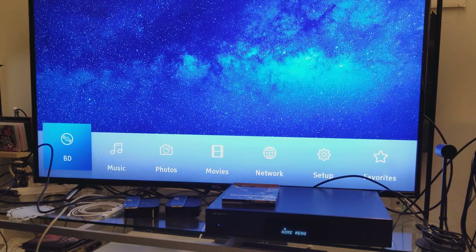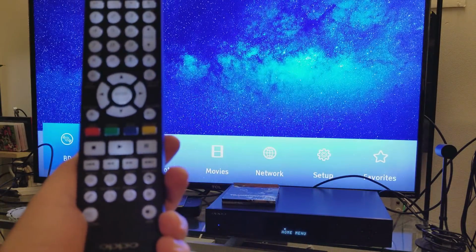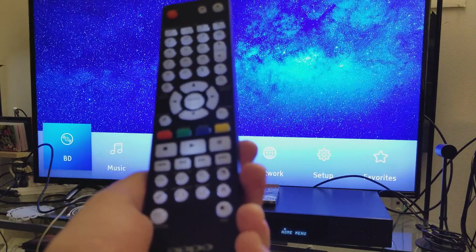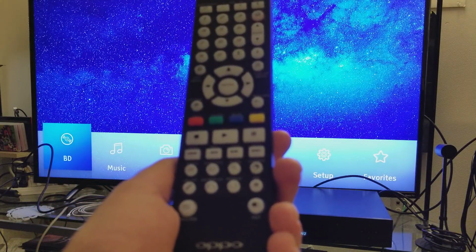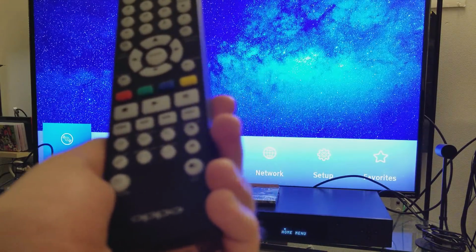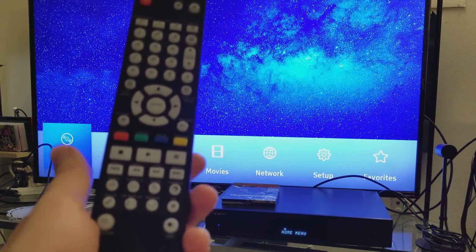Alright, so what I'm going to do next is click on Transformers, and I'm going to show you some of the features that are available here on the remote control. Pretty cool, unique features that you can do. One of the cool features that I like is the A and B replay. So this is kind of cool if you want to do a